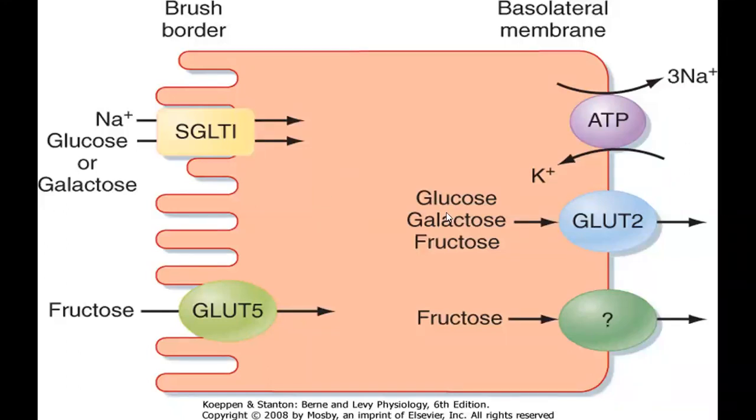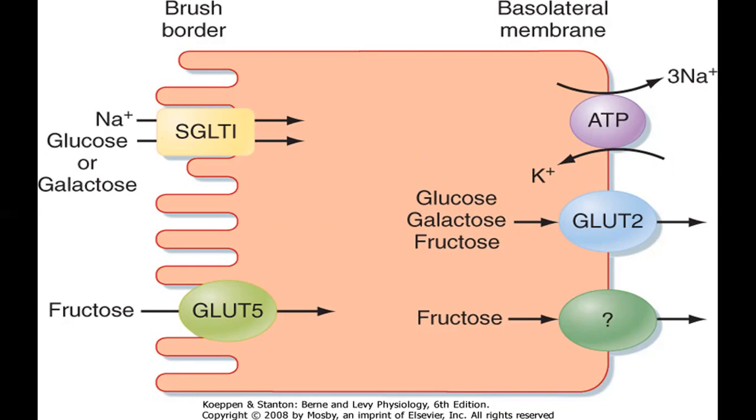How do they move to the other side? They are going to use GLUT2 channels. The GLUT2 channels are facilitating the diffusion of glucose, galactose, and fructose. So be it glucose, galactose, or fructose, it will be moving across the GLUT2 channels to enter the interstitium, then it will be picked up by the capillaries, and then the capillaries will join to form the hepatic portal vein, and the hepatic portal vein will transport whatever has been absorbed here to the liver for further metabolism and storage